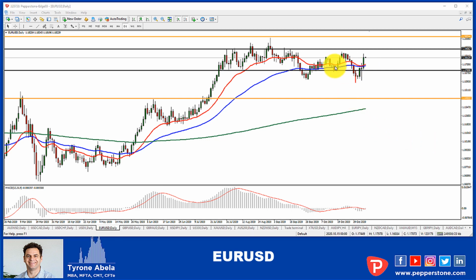I don't have a particular bias either way on this one because it is kind of in the middle of that channel, but anywhere between the 117 and 119 has been proven to be a very, very good trading environment for the last few months, really. So there's no need to change on that.